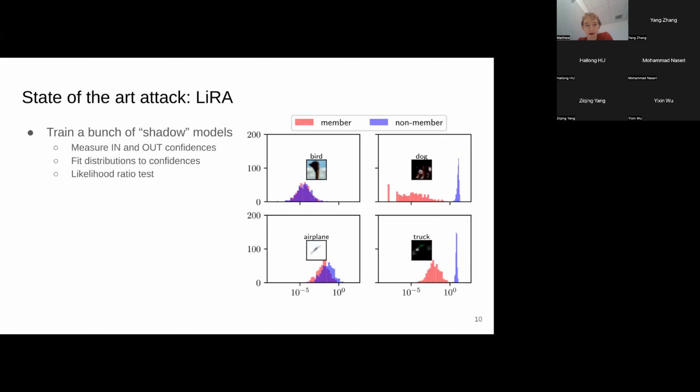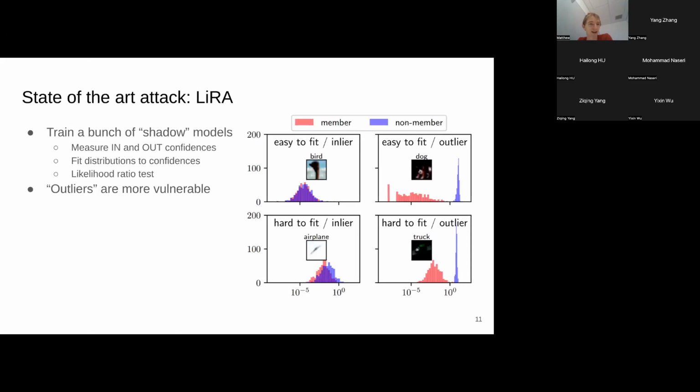And one outcome of this work is that there are a lot of different points that have different success rates according to this attack. Some points are a lot more vulnerable, a lot more sensitive to this kind of attack than others. I think of these as outliers. Outliers are more vulnerable. And what I mean by an outlier, I think everyone has their own definition. Here, it's essentially that you need to have the point included in the training set to get good accuracy or good loss on this point. And when you're talking about membership inference, this is a bit of a circular definition.